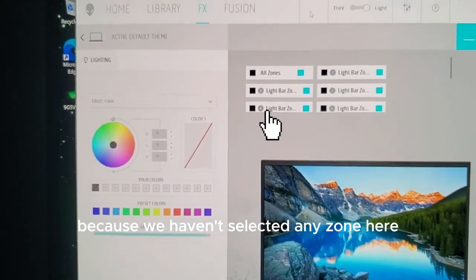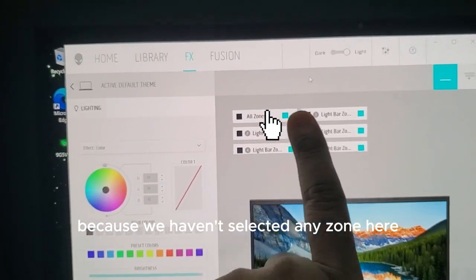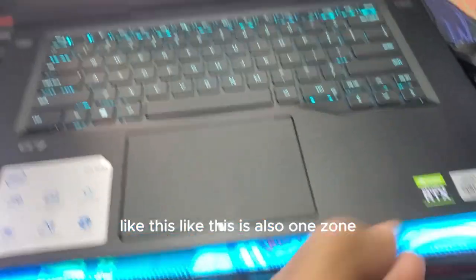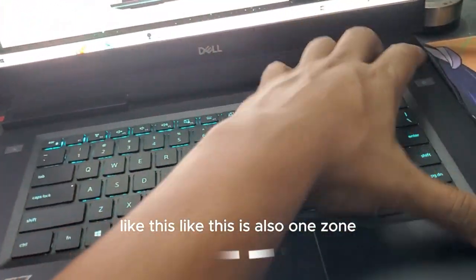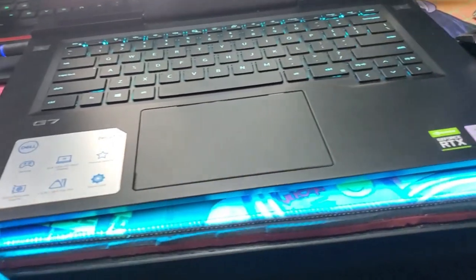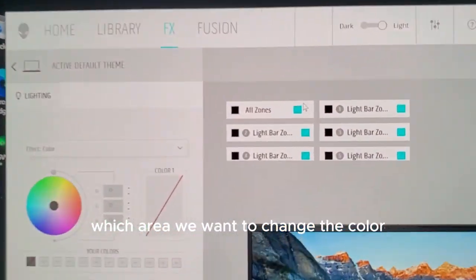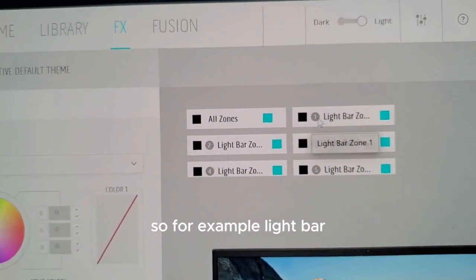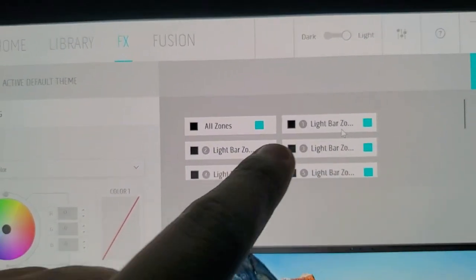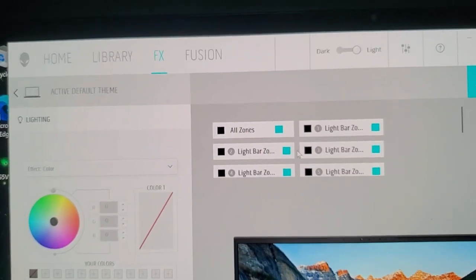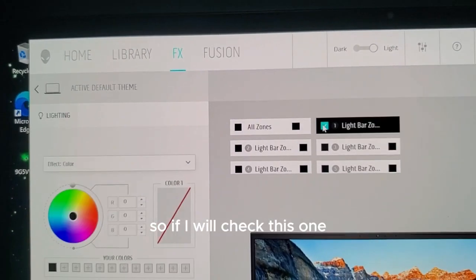Why? Because we haven't selected any zone here. These are the zones for all the lights of the keyboard, like this. This is also one zone, and this is one zone. So we need to select which area we want to change the color. For example, light bar zone. So if I check this one,